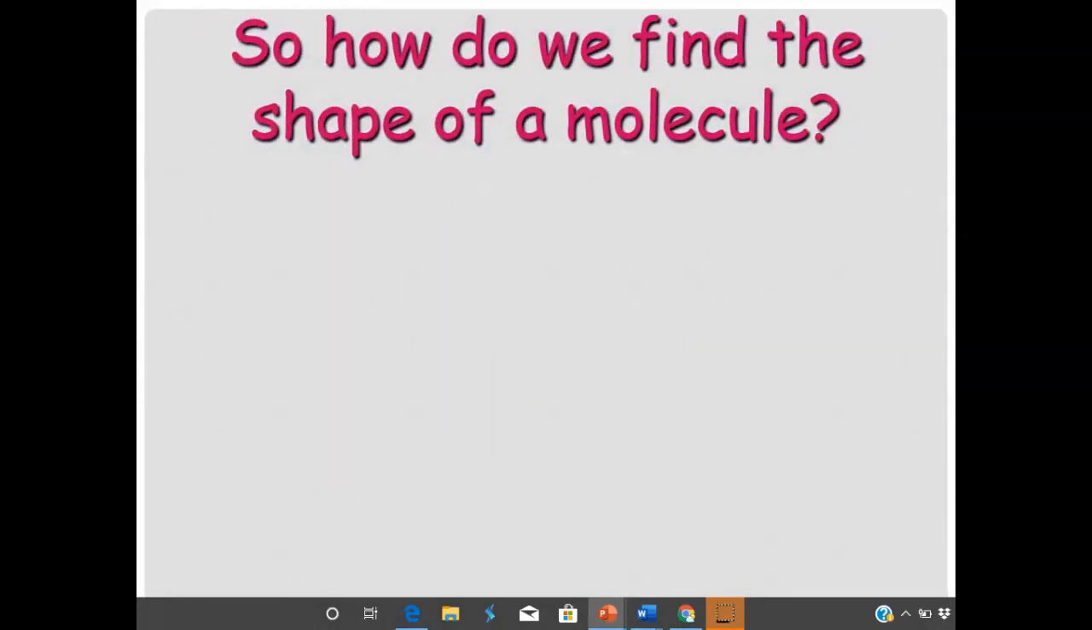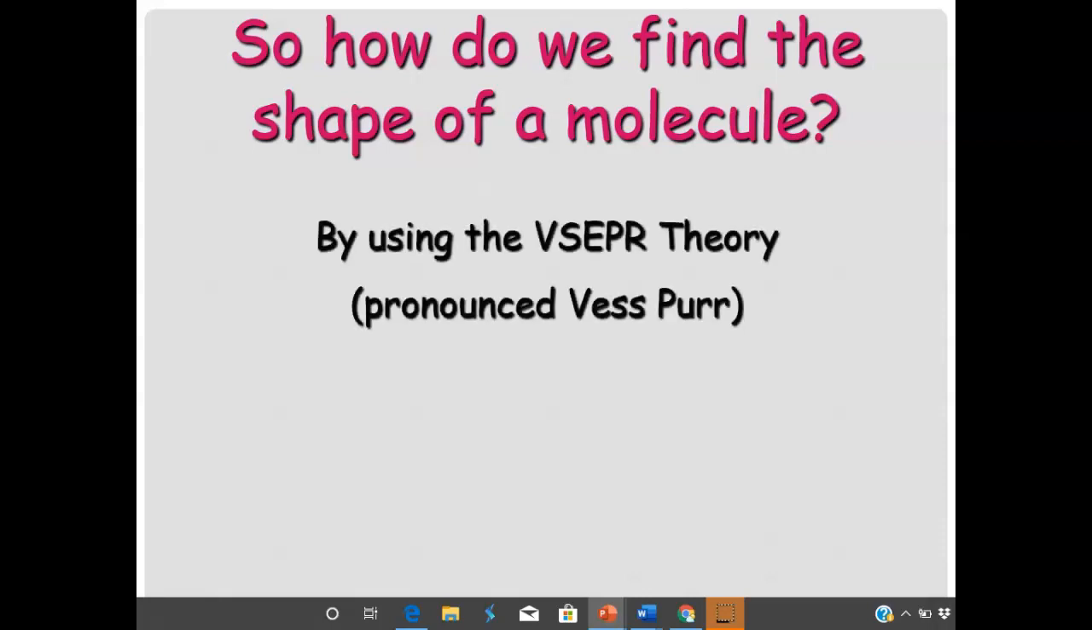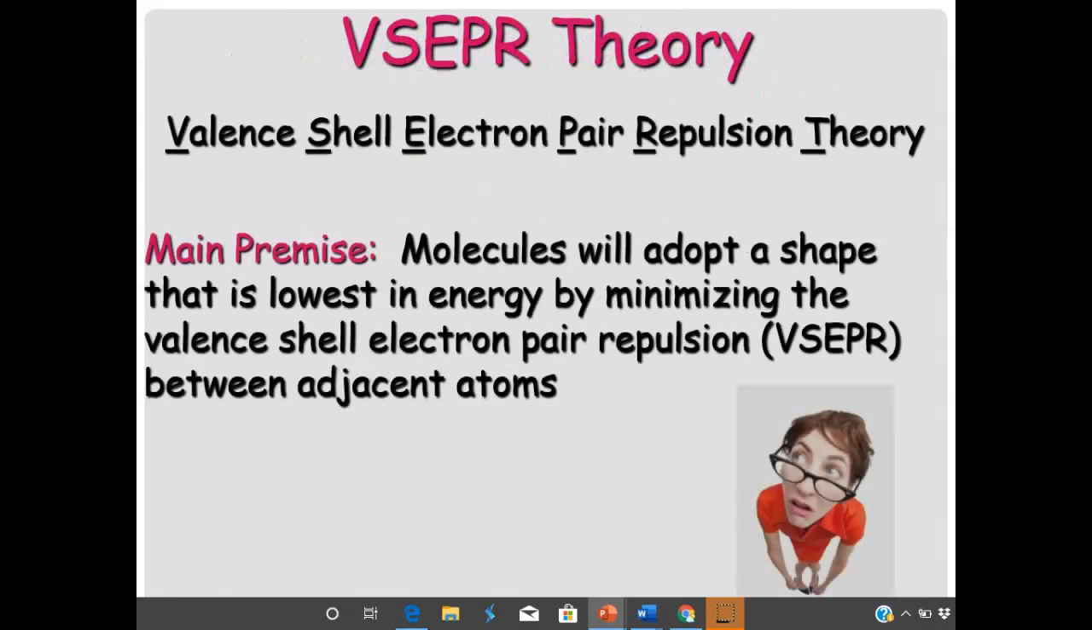So how do we find the shape of a molecule? We use VSEPR, okay? It stands for valence shell electron pair repulsion theory. This is what I need you to write down, okay? Molecules will adopt a shape that is lowest in energy by minimizing